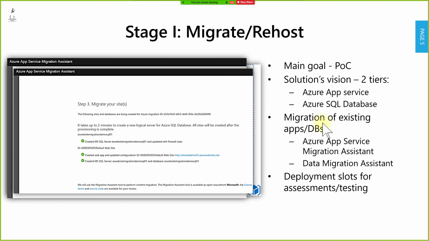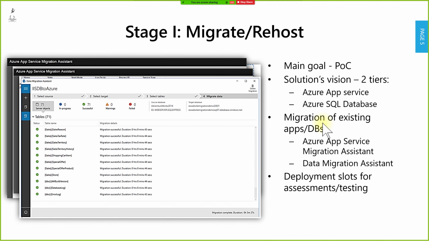Maybe you are already familiar with this. It's the App Service Migration Assistant. It's the easiest way to move all of this stuff. This one is a screenshot of Data Migration Assistant. If you know that it fails really often, please be sure that the target database, when you migrate from on-premise to Azure, especially a big database, will be on the premium tier, especially